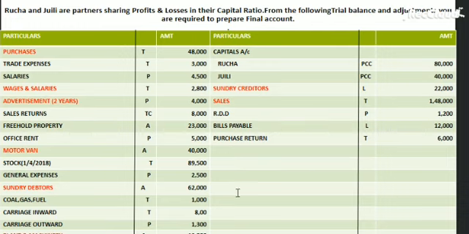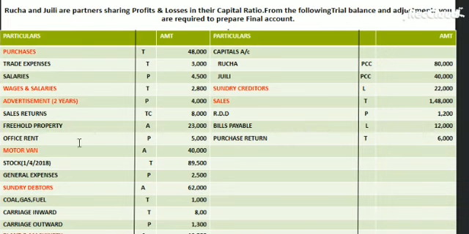Now see, trial balance is given here. We have drawn one column also over here. The first rule is we have to just segregate items, whether it will come in trading account, profit and loss, liability or assets, and therefore we are going to write initial of all this. So start with this purchase, trading account. So we have written here T, trade expenses, trading account.